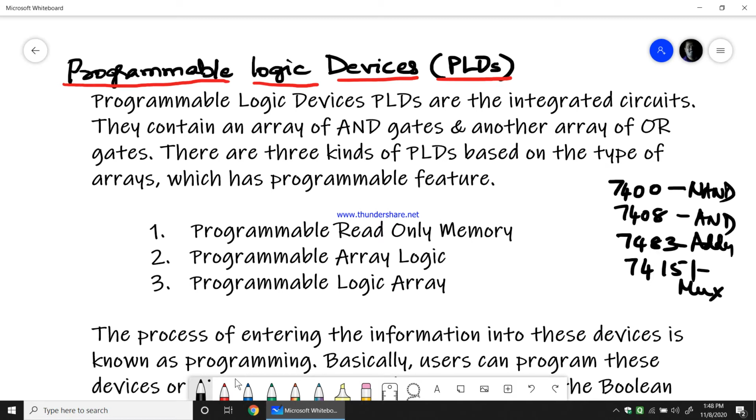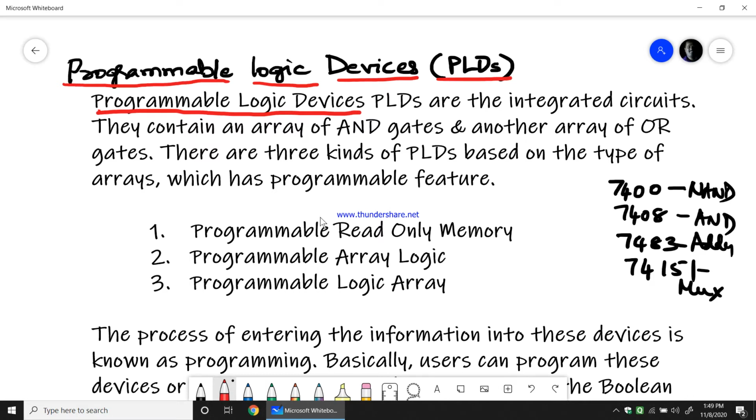For that reason, we go for programmable logic devices, which are again integrated circuits, but they do multiple tasks rather than a single task, not only an adder or only a multiplexer and so on. That is the benefit of using programmable logic devices.